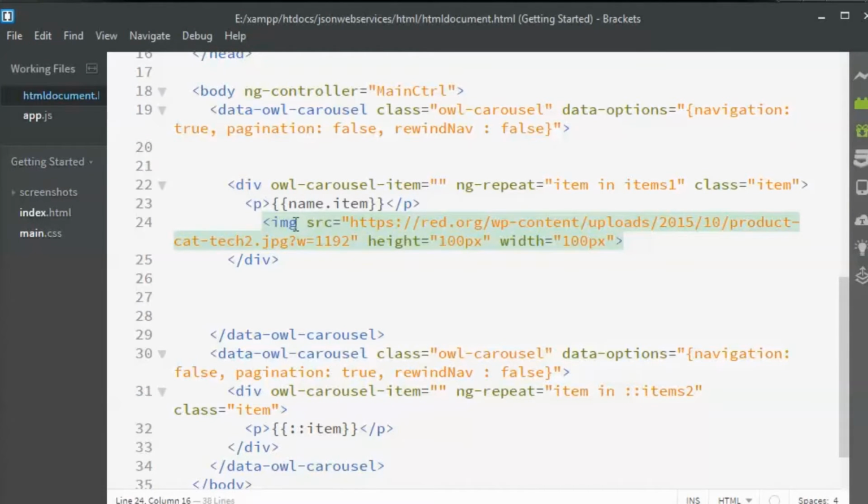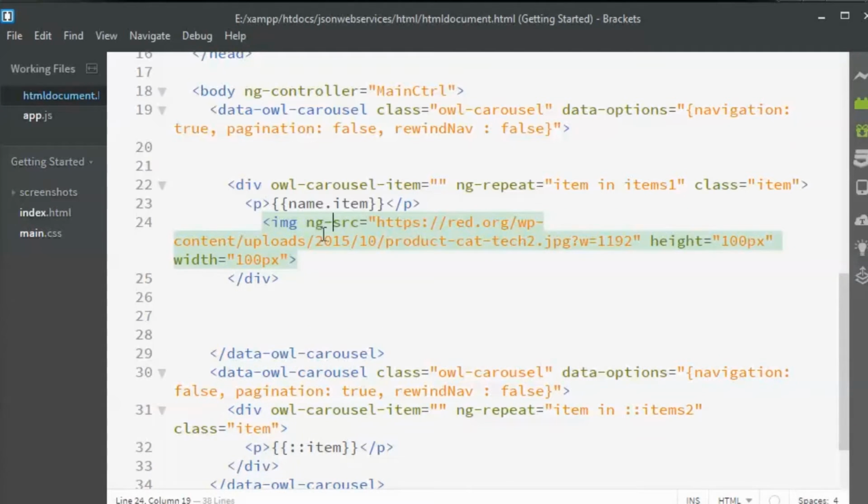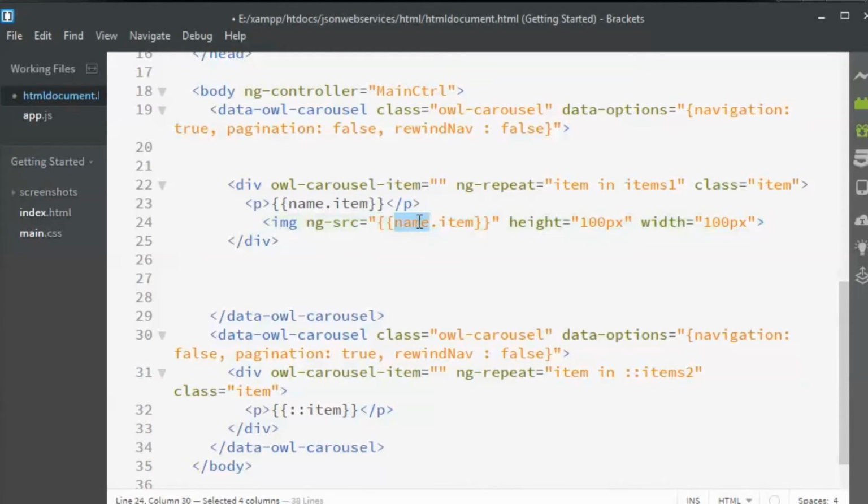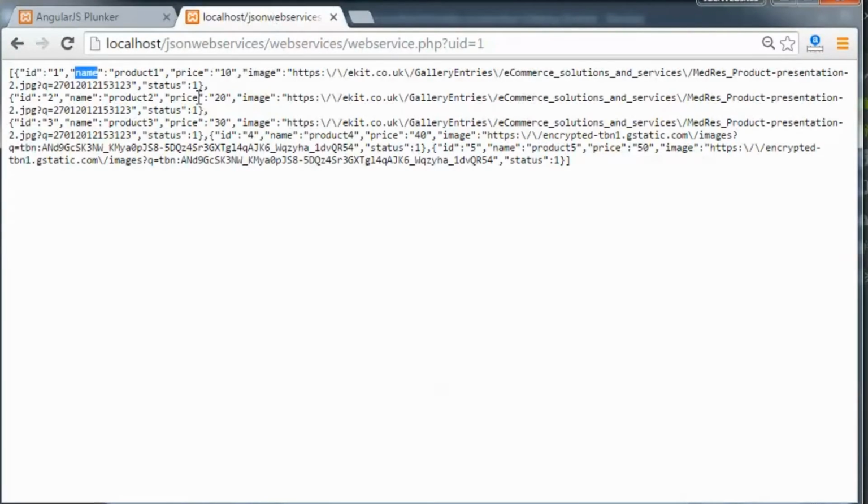So let us type in ng-src, and in ng-src we are going to type in image.item. I'm just going to have a look at the web service file once again, and I'm going to type in image.